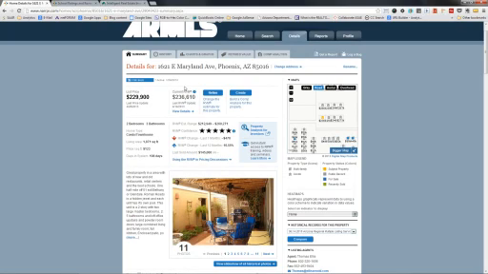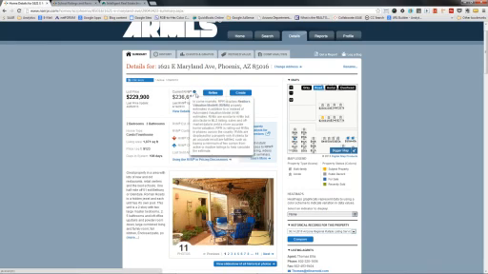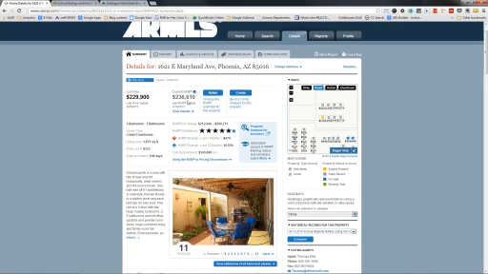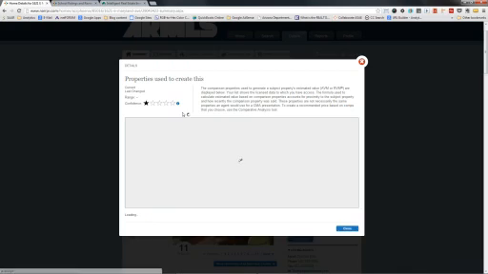So every property is going to have this right here. It says current RVM. And again, RVM, most accurate valuation model in the country, and you can always hover over the i to get that information. So it has the RVM listed as $236,610. You can see when it was last updated, about a month ago. If you click on View Details,